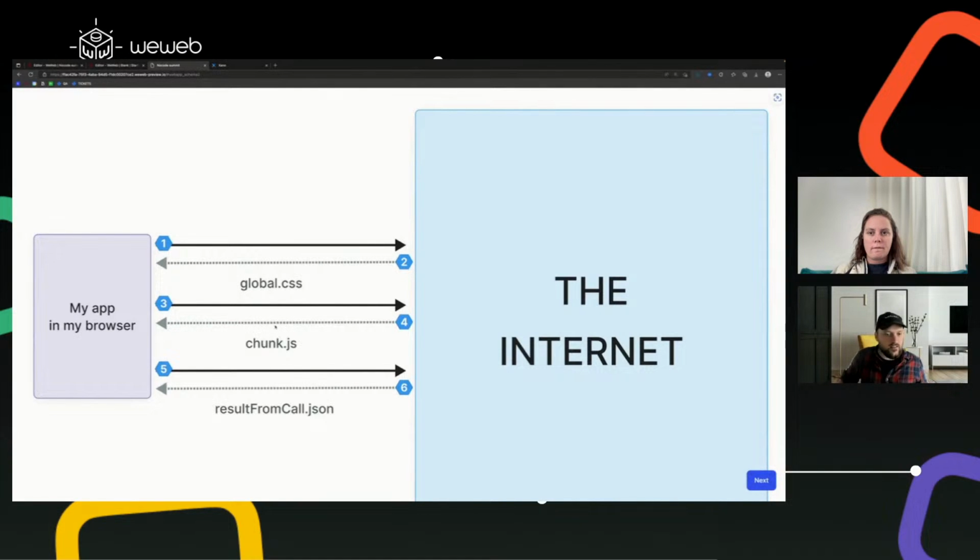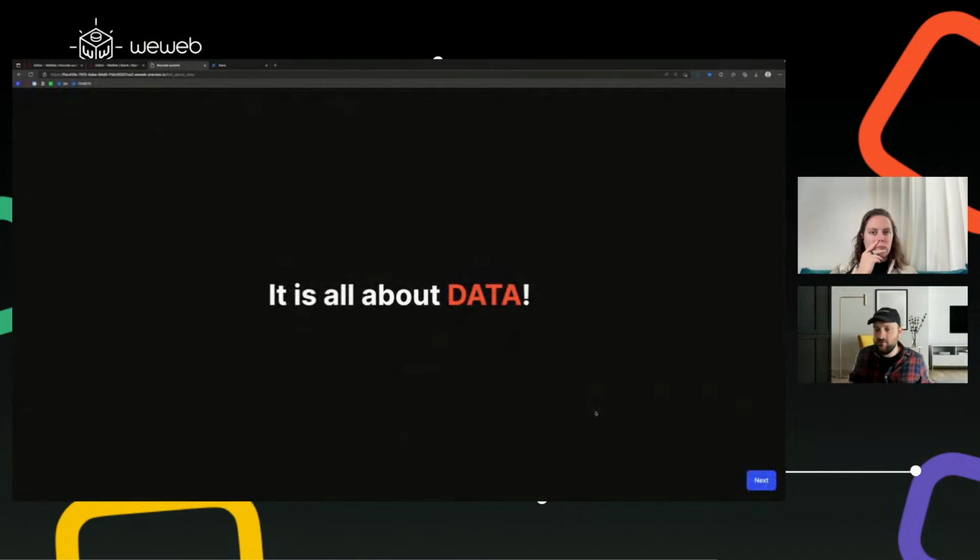Other files, and sometimes a file with JavaScript, your application will make some calls to APIs in the internet. And these APIs will basically return what? Will return data. So the thing you need to understand is that your web application that lives in your browser will download files and data. So one thing to keep in mind when you think about security, it's all about data. I will only talk about data